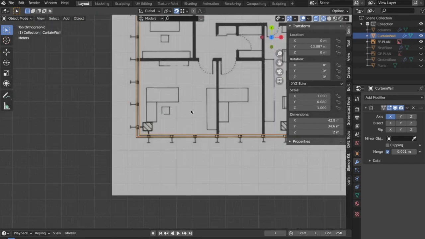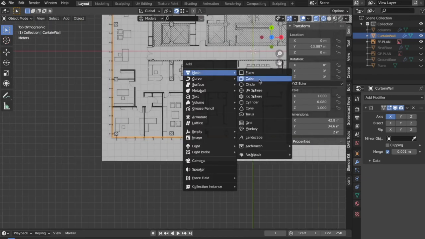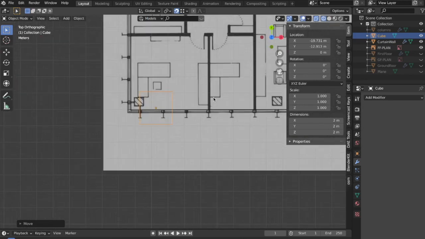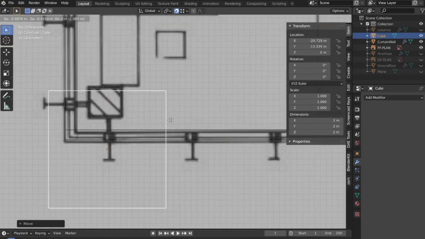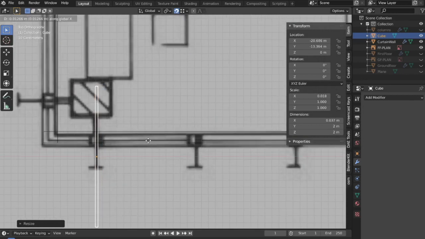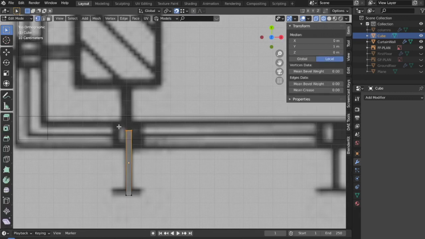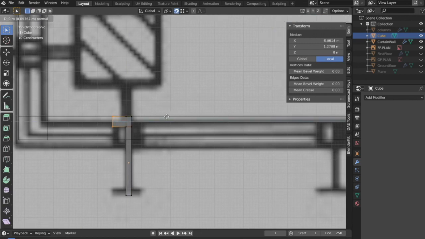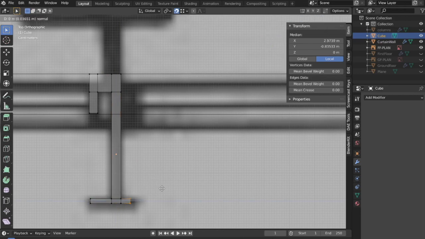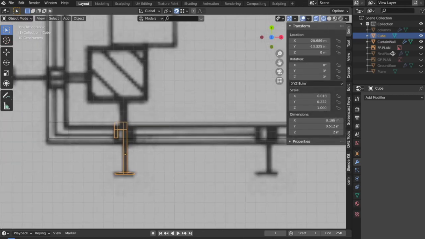So now again I'm going to bring in another cube, bring it over here upon any one of these, and then press S and then press X. Now I'm going to go into the edit mode and edit it a bit. You don't have to go into this much detail, I'm only going for the sake of it. So this is how we made it, and I'm going to name it as facade.